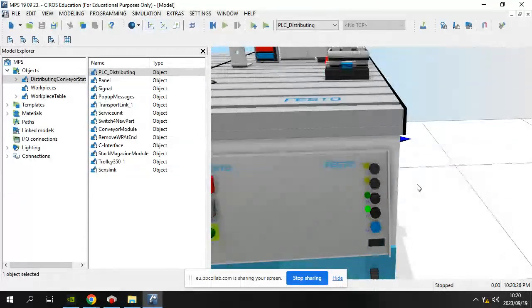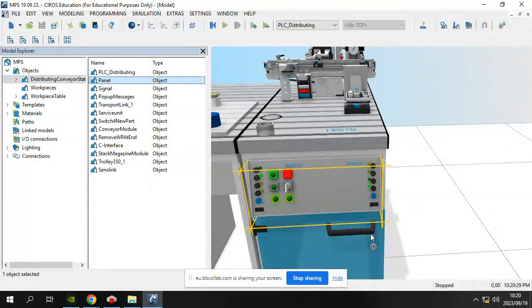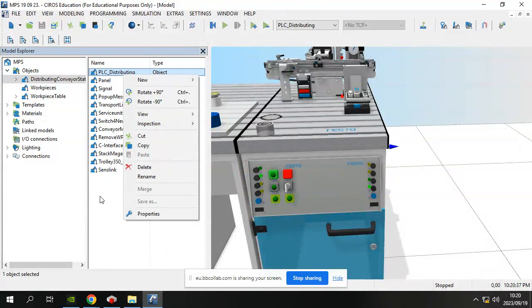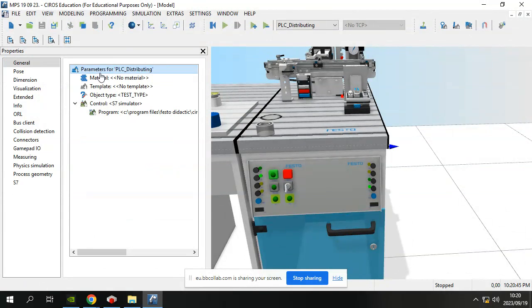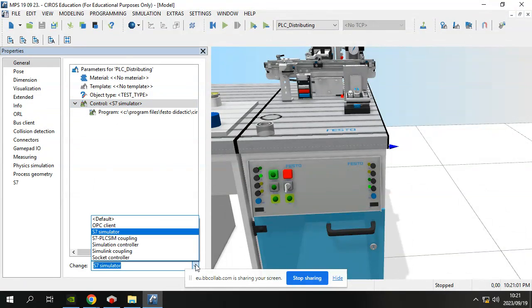And we have a panel also. We have the panel where we press buttons. Then the PLC, we want properties of the PLC. You want to see what is happening inside the PLC. So you right click on that PLC, then you go to properties, and you can just close the other part. It says control here. Under control, it's by default using the S7 simulator, I believe it's Siemens S7. So by default, it's using that S7. Oh no, S7 PLC sim